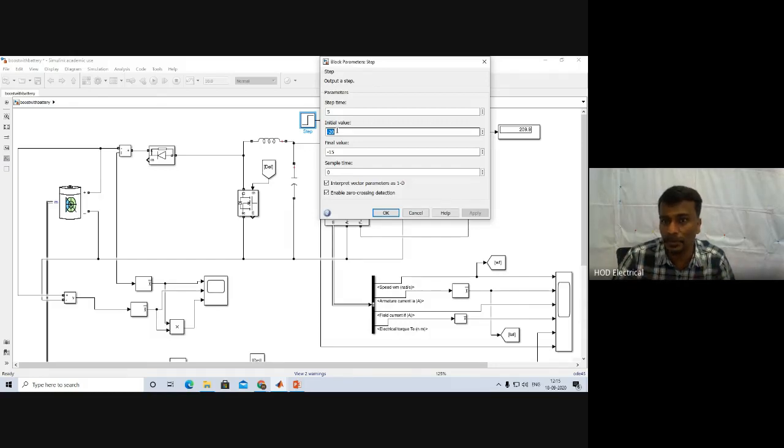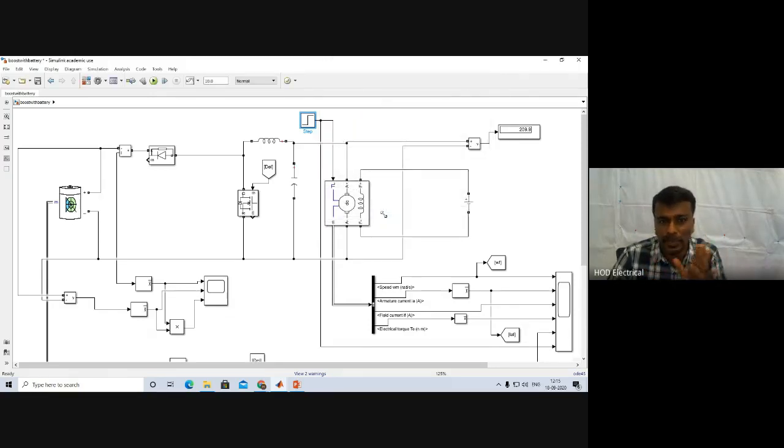Generated power will be more. This is only applicable for regenerative time. So -20. Then from 5 to 10 seconds I have chosen -15 as the input. So this is the entire setup I have given. So I am going to run the simulation.